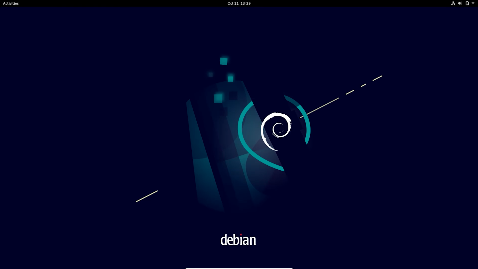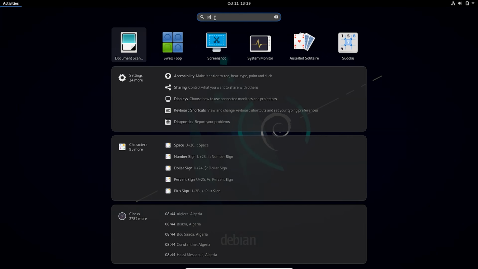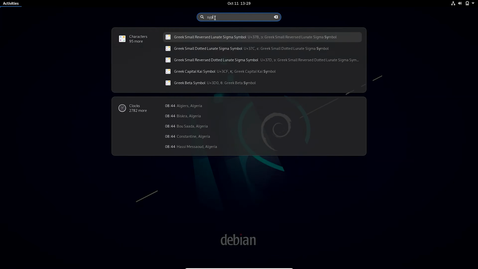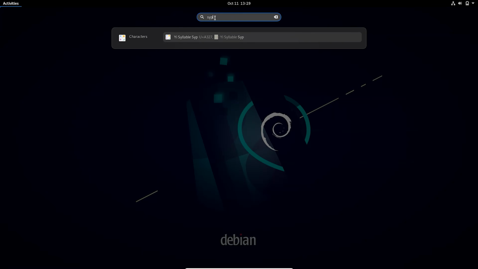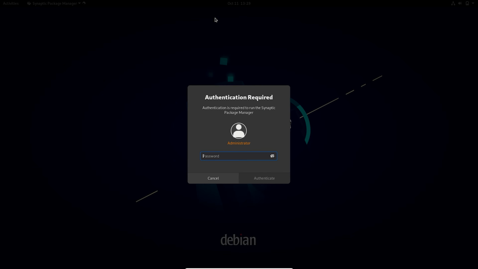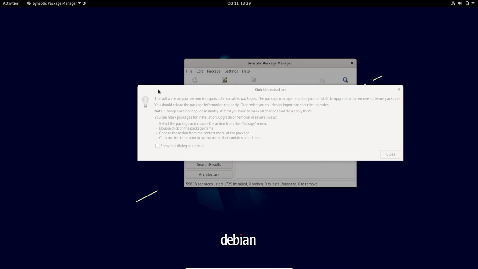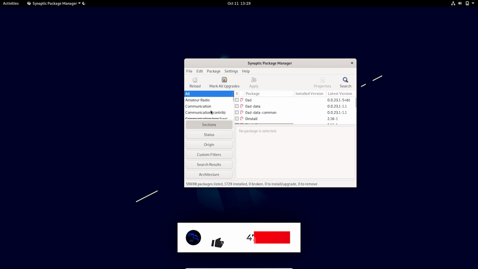So to install the microcode, first of all you need to open the Synaptic Package Manager. Inside the Synaptic Package Manager, you need to search for